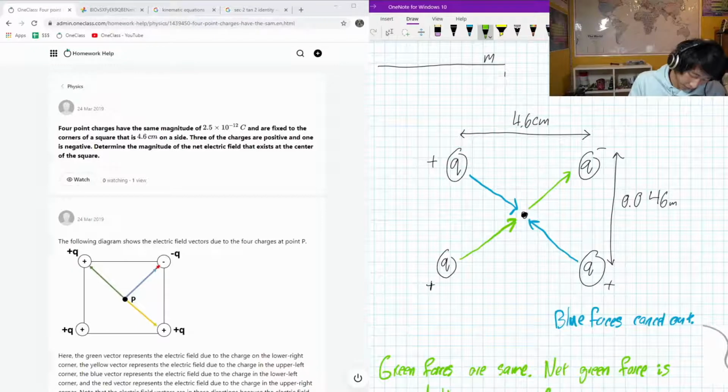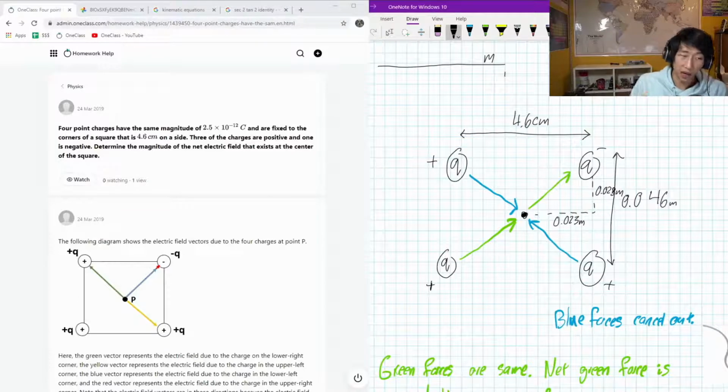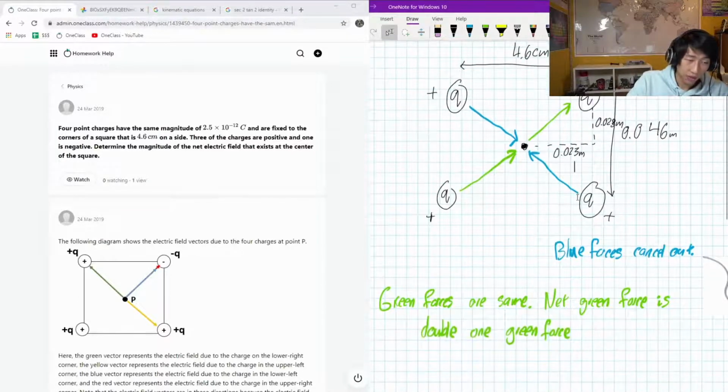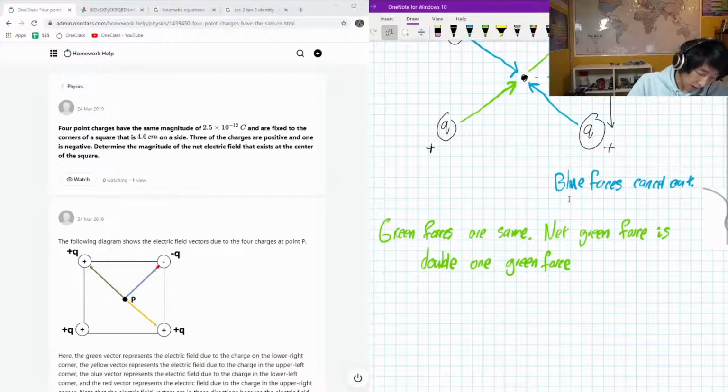Okay, cool. So to determine what the green force is, we're first going to need to do some trigonometry. Right here, you can see that this is 0.023 meters, and this is also 0.023 meters, just because it's halfway across the square. We're going to need the hypotenuse. So the R in this case, or actually our net force,